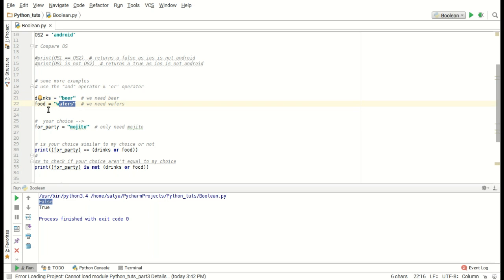In the second print statement we are trying to see if the value of the variable for party is not equal to either drinks or food, and in reality, as you see from the variable values over here, none of the variables drinks or food are equal to for party, so we get a